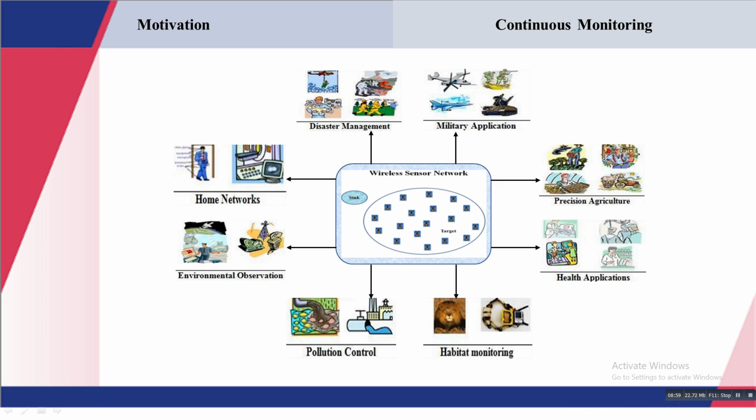Now the third area where we have worked is continuous monitoring. As I have discussed earlier, there are many applications where the sensor network can be applied, but these applications require that the sensor network should work in a seamless fashion for a longer duration in a continuous manner. So if we want the sensor network to work in a seamless fashion for a longer duration, for an infinite duration, then it is required that some extra hardware needs to be embedded in between, so that the network will work in a seamless fashion for a longer duration.